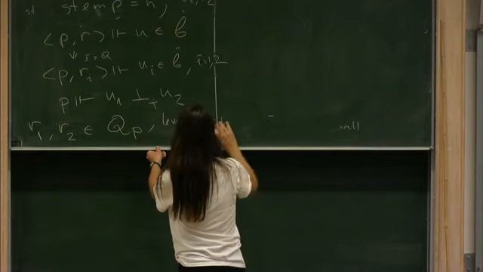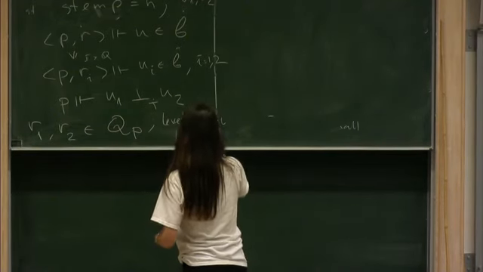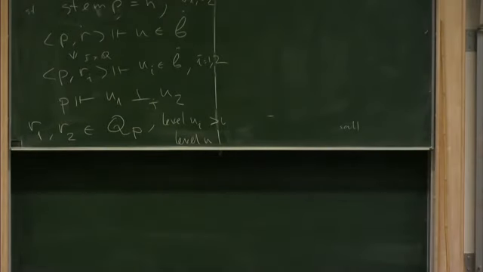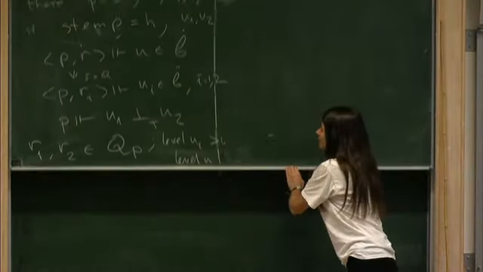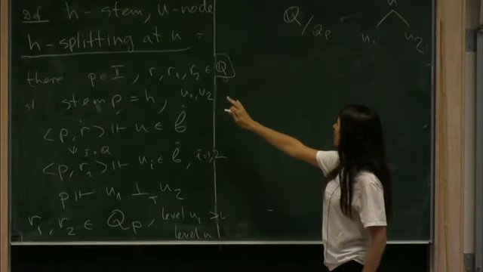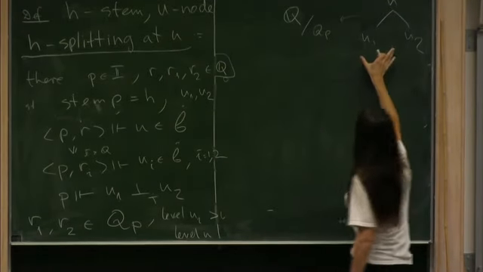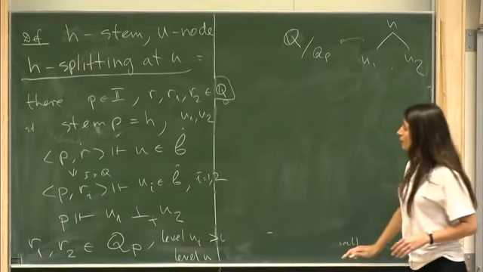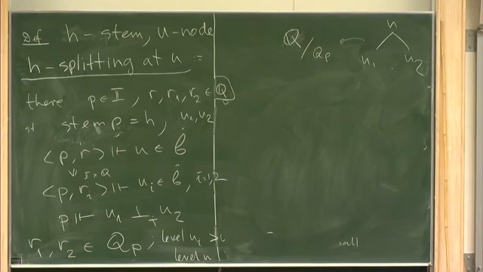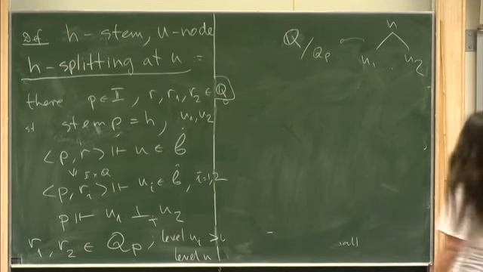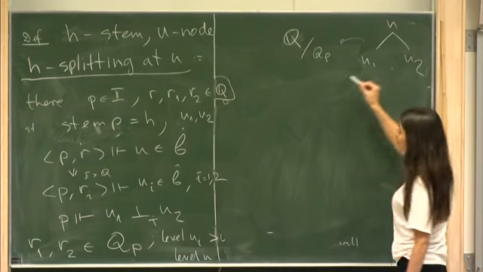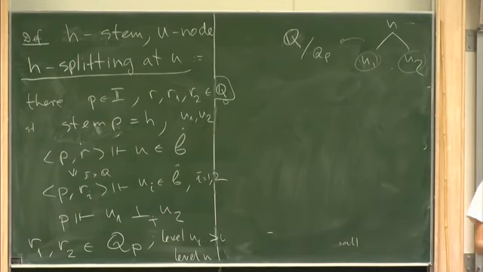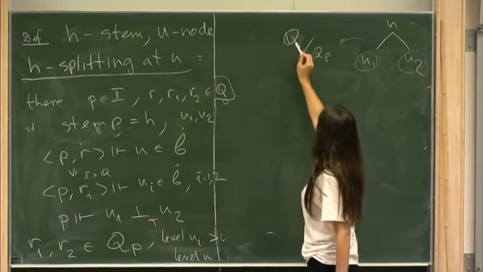The level of U_i is bigger than the level of U, which together with this fact will give you the Dirac extensions. If this definition looks weird, what H splitting says is that there exists a picture like this. There exists some P with stem H, such that for some conditions R, R1, and R2, we have that PR forces U is in the branch, and PR1 forces these guys in the branch, PR2 forces these guys in the branch, and this contradictory information is decided over this quotient,